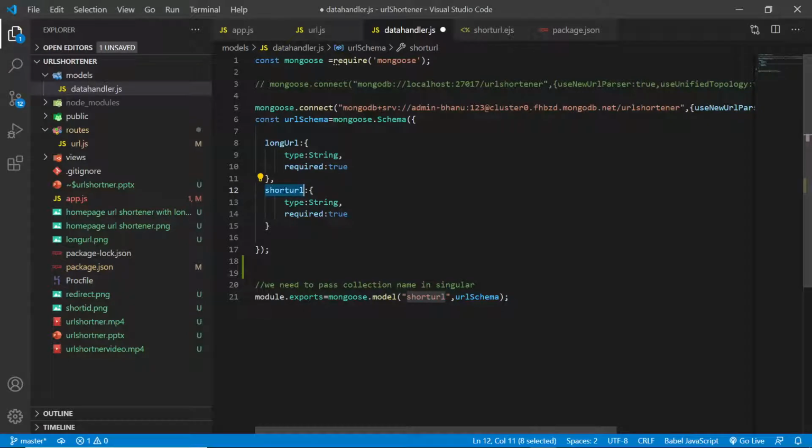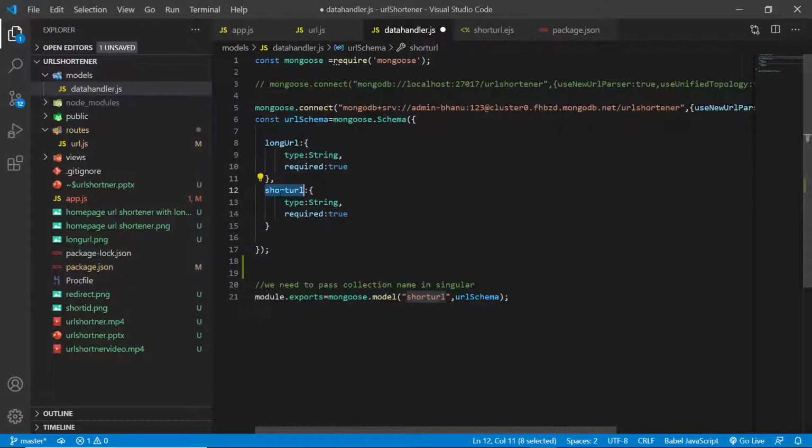Those are all the properties inside your document, right? You could have so many documents. Inside each document you have these properties, or you could say the fields. You're saying I have a field called long URL, its type should be string, and it has to be required. That means its value has to be there. It can't be ignored.